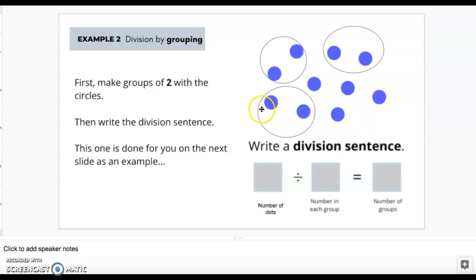And then I'm going to duplicate it again and put it around 2 more. And now I have these last 2 here. And one more circle. So looking at it,